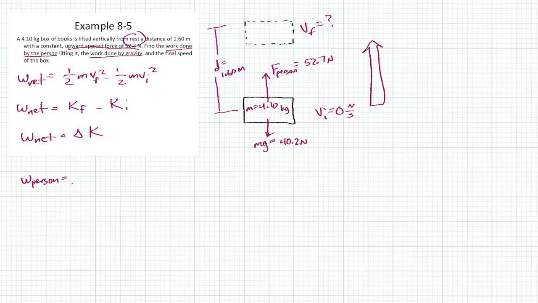Very original. And that would be the force of the person, F person, times D, moving through that displacement or distance D, times the cosine of phi, the cosine of the angle between that force and the displacement. But look, if it's being displaced in this direction, and our force is acting in that very direction, what's the angle phi